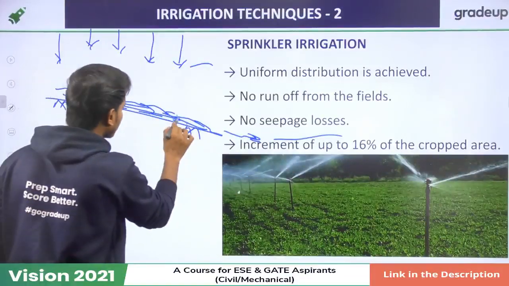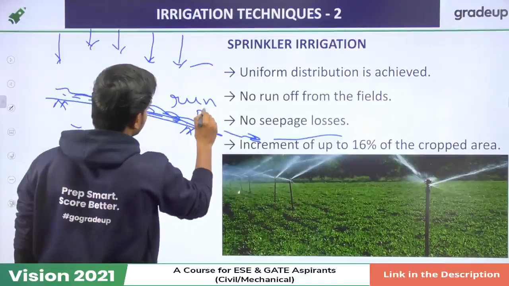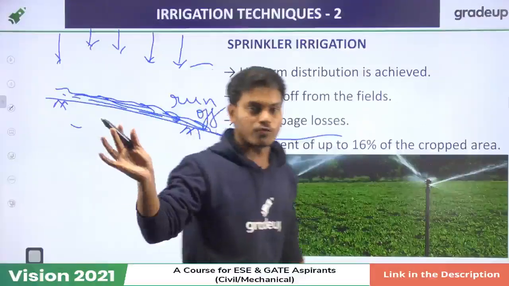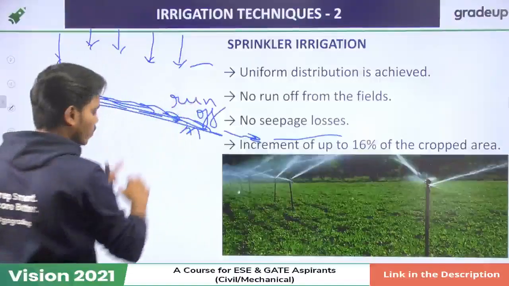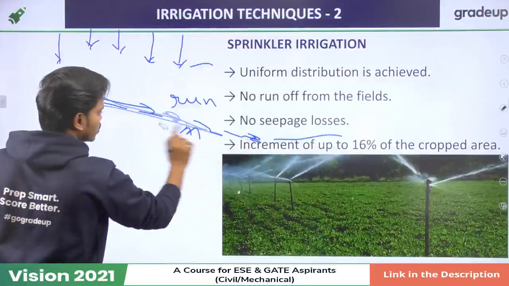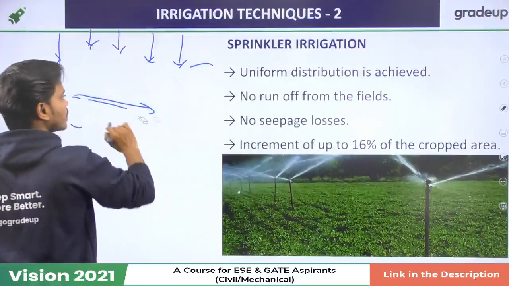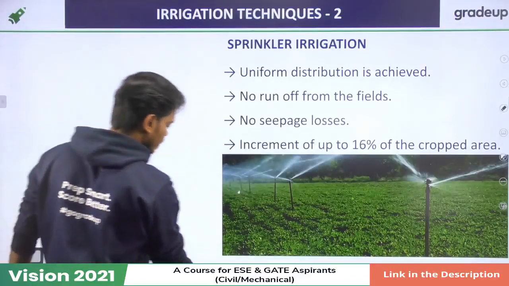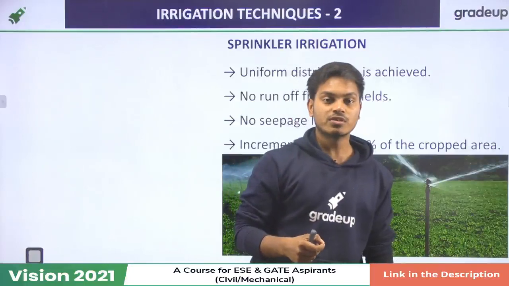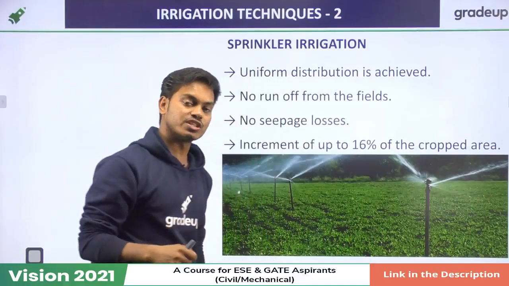So this flowing is known as runoff. Water is running off. All right, so this is what we call runoff. These types of issues are not there in sprinkler irrigation. The next thing I was telling you was the uniform application of what? Uniform